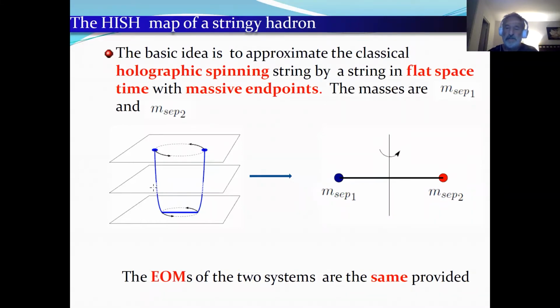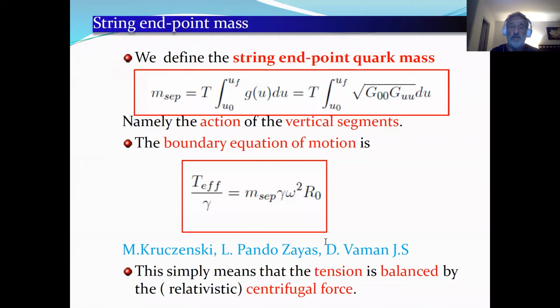that it's the same equation as if we take a single string in flat spacetime, and there are massive endpoints where the masses correspond to the action along the vertical segment. So we define this notion of string endpoint mass in the following way: it is the action along the vertical segment. Then if you place this quantity in the solution for the vertical segments and connect them to the horizontal part,